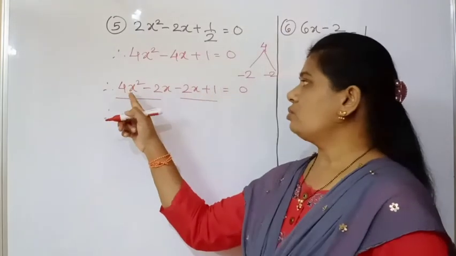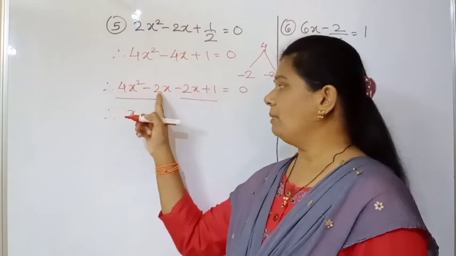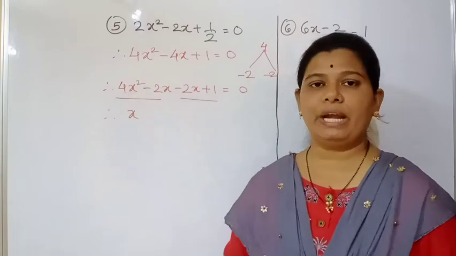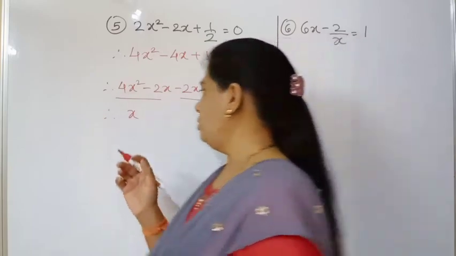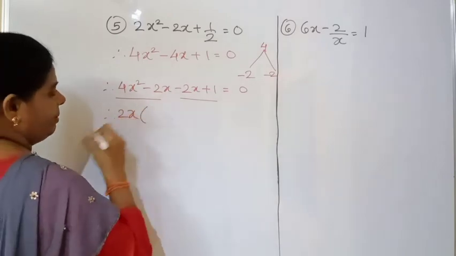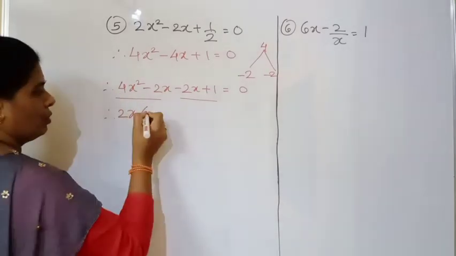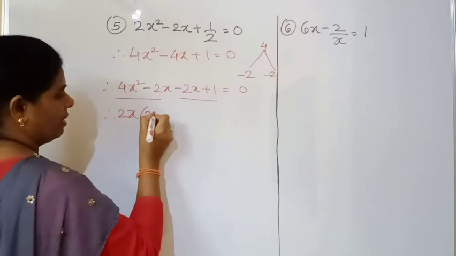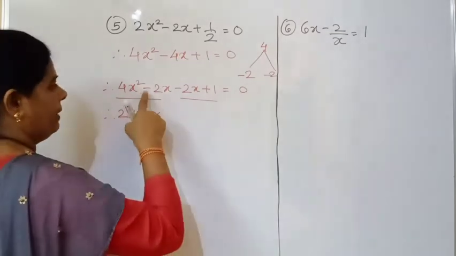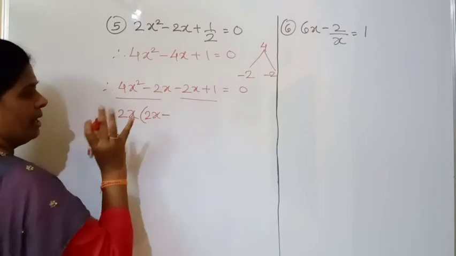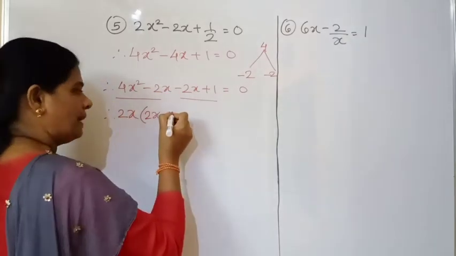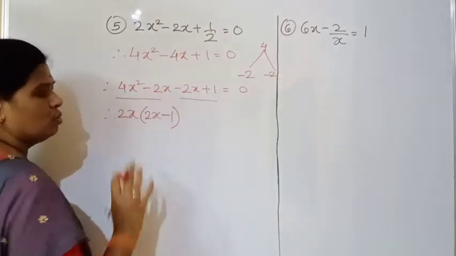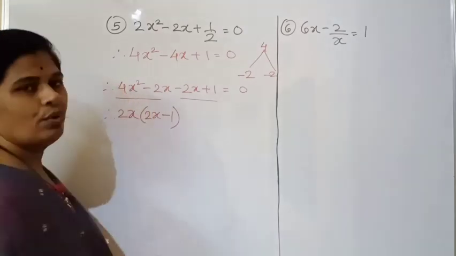Now you all know there is no 2 in the table of 4. 4 च्या टेबल मध्ये 2 येत नाही, पण 2 च्या टेबल मध्ये 4 येतो. So 2 च्या टेबल मध्ये 4 येतो, so we can take 2 as a common factor. Okay, so we will write it here as 2 in the bracket. Now 2 twos are 4, so we will take it as 2. 2 twos are 4. Now x square, 1x we have taken, 1 is remaining, so I have written it. Then minus sign, 2x we have taken as common. So no factor is there or no number is there, so we will write it as 1. So 2x into 1 is 2x. 2x into 2x you will get 4x square.